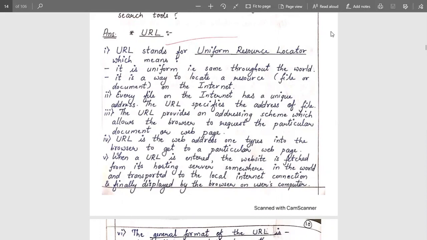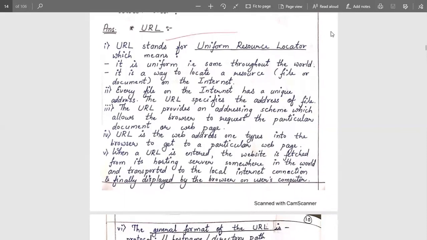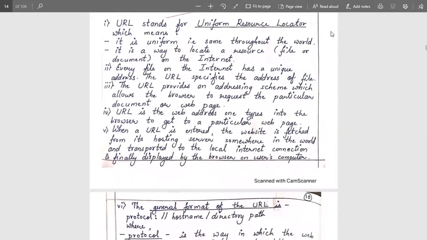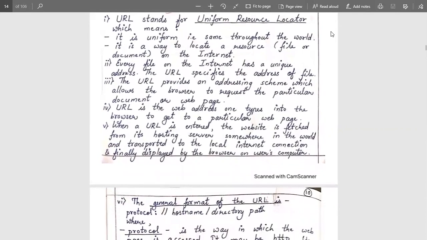If we want to fetch a particular document from a web page, then we need to know the URL address. A URL is a web address typed into the browser to get to a particular web page. When a URL is entered, the website is fetched from its hosting server somewhere in the world, transported to the local internet connection and finally displayed by the browser on the user's computer.